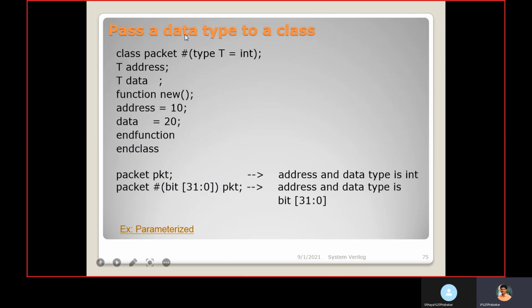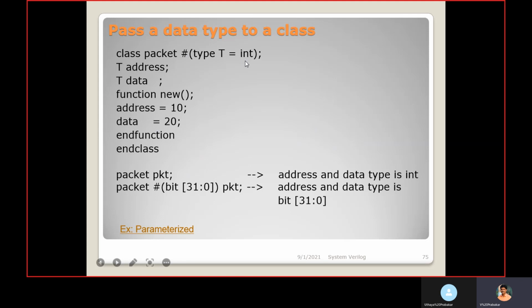Okay, passing a data type to a class. Let's see how to pass the data type. class packet is a parameterized class. With the help of this hash symbol, we can make a class a parameterized class. So here it's a type. This type is parameterized: type t equal to int.